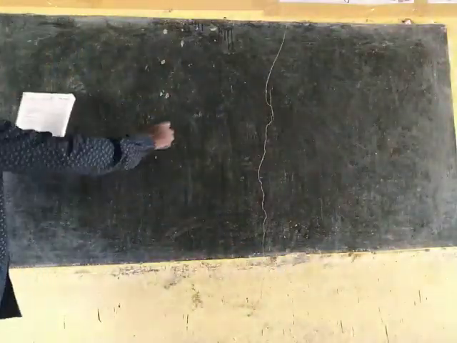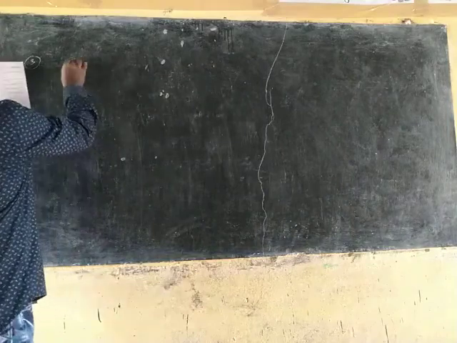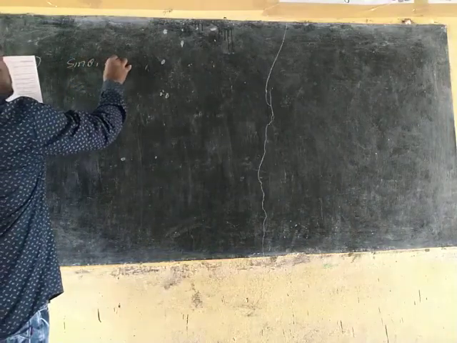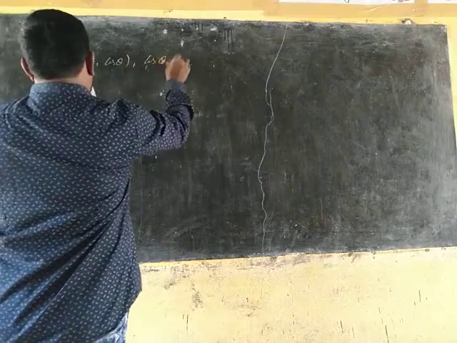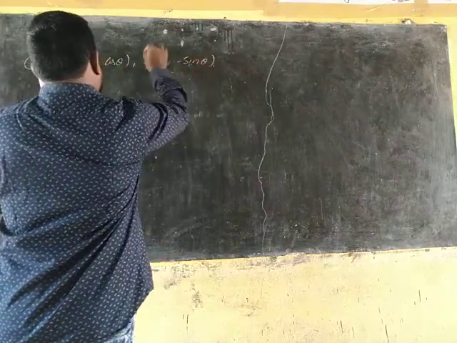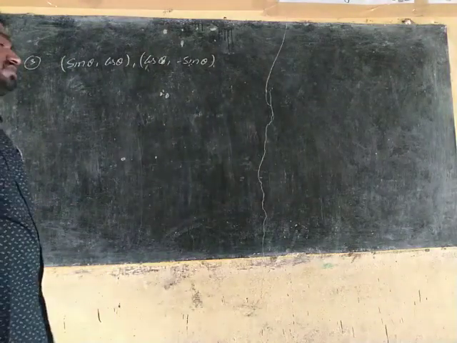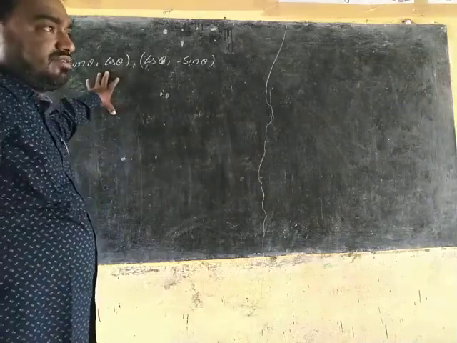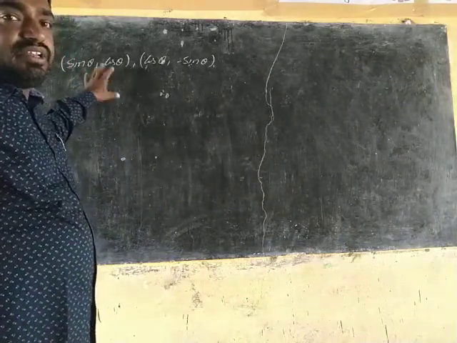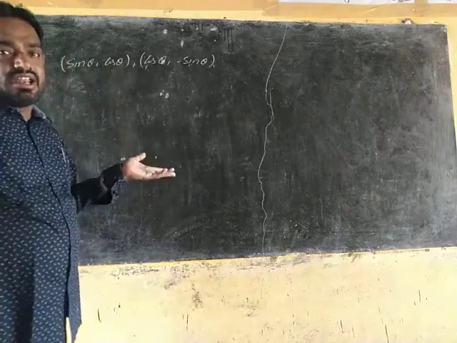Next, third question. The distance between the points sin theta, cos theta and cos theta, minus sin theta. By using the distance formula also we will find this one, no? And compulsorily we need to use the distance formula, but the theta value we don't know. So that means this exists for all the theta values.